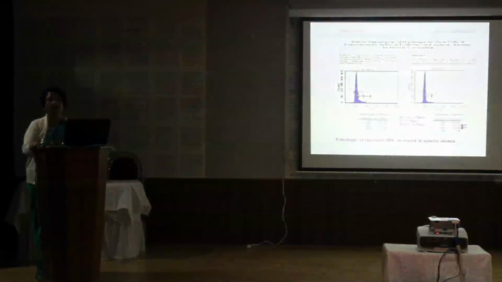Now, kinetic impairment of hematopoietic stem cell in aplastic anemia. I'm sure I am telling you only about aplastic anemia here today. The M1, M2, and M3, these are the three phases of cell